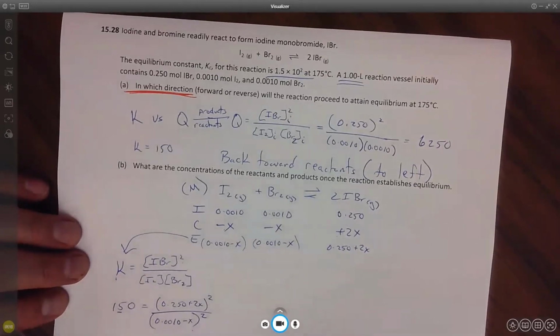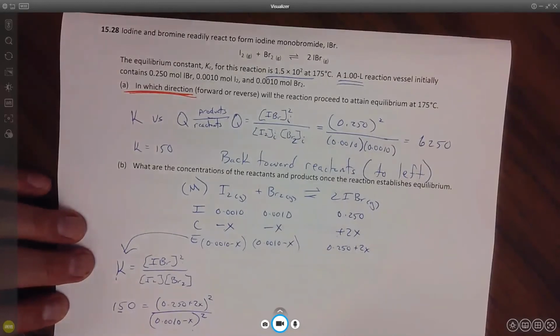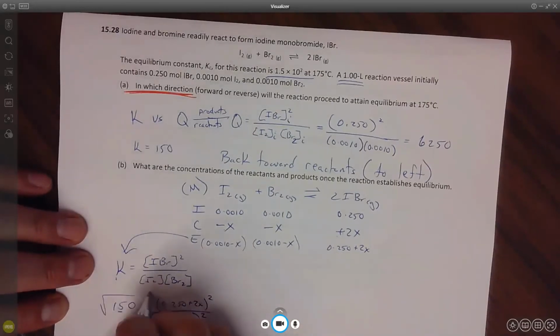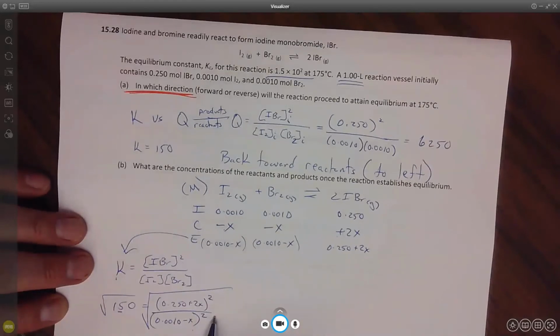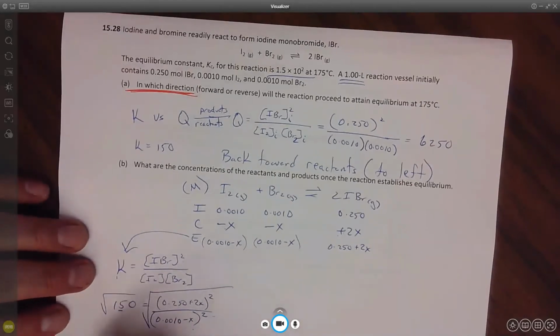Eugenie, am I going to need to solve the quadratic formula? Yeah, okay, do you see no way out of it? You could take the root of both sides. Yeah, right. So if I take the square root of both sides, that's just going to get rid of those two guys, right? So then I have the square root of 150